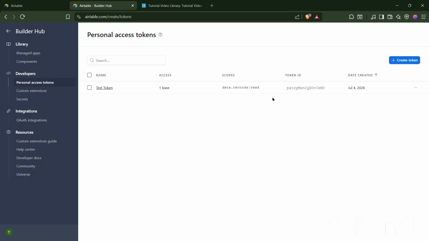Couple of quick tips. When you store this token, use environment variables in your code. Never hard-code it directly into your scripts. Make sure your .env file is added to your .gitignore so it doesn't get committed to version control. When you use the token in API requests, it goes in the authorization header as bearer, followed by your token